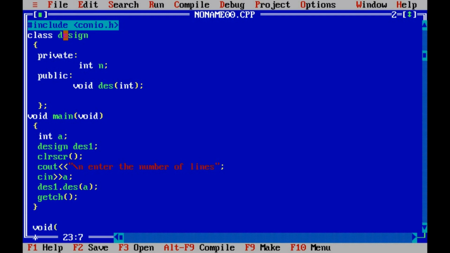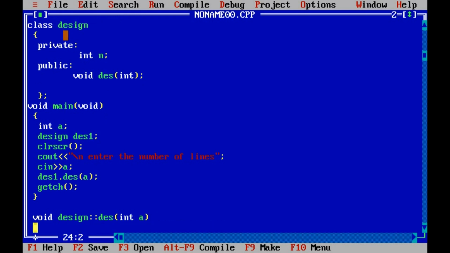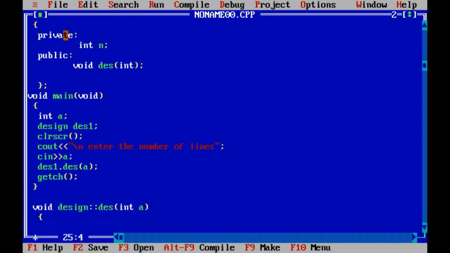Now we define the function void design double colon dis of int n. Int a is basically a mistake. I will be correcting it at the end of this video, and this is the basic syntax of writing the function which we have defined inside the class.